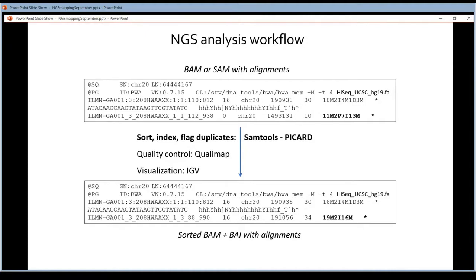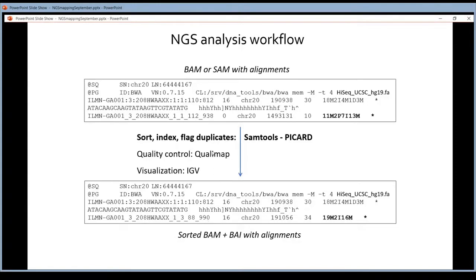There are many tools that allow you to do so. The most used tools for doing this are called SAMtools and Picard. I will come back to this in the next slide. You will also check the quality of the mapping. Just like you checked the quality of the raw reads, the quality of the sequencing basically, you're also going to check the quality of the mapping.